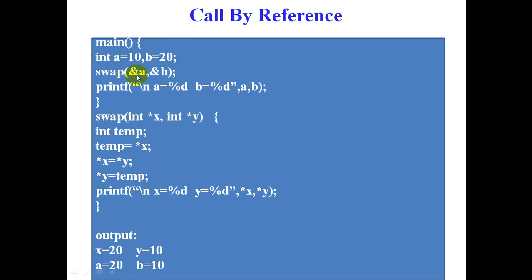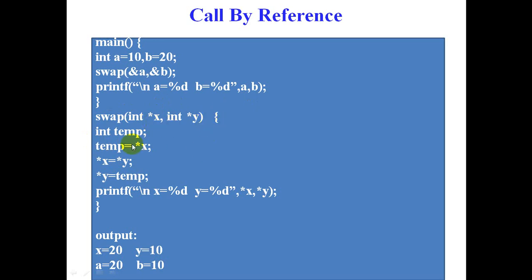In the swap function I am sending the address of the actual parameters, &a, &b. In the next step, I am going to display the values: a equal to %d, b equal to %d, that is, the values of a and b. Now we will move on to the swap function. In the swap function we have two parameters, that is, formal parameters of type int. Here we can see a variable which is represented with the asterisk symbol is said to be a pointer. In the previous slide I explained that a variable represented with the asterisk symbol is a pointer.